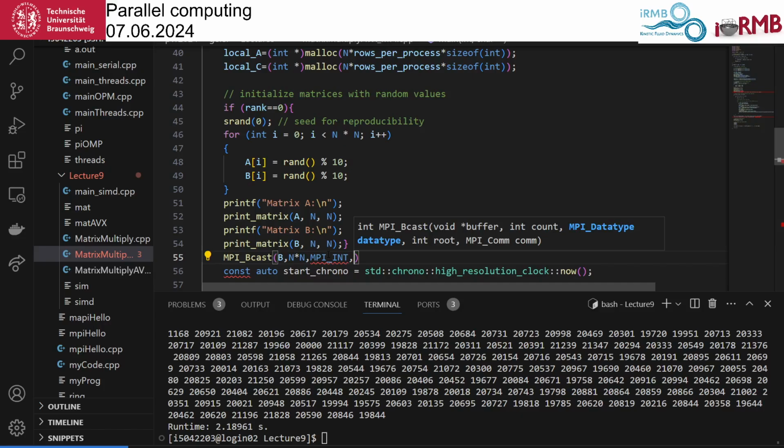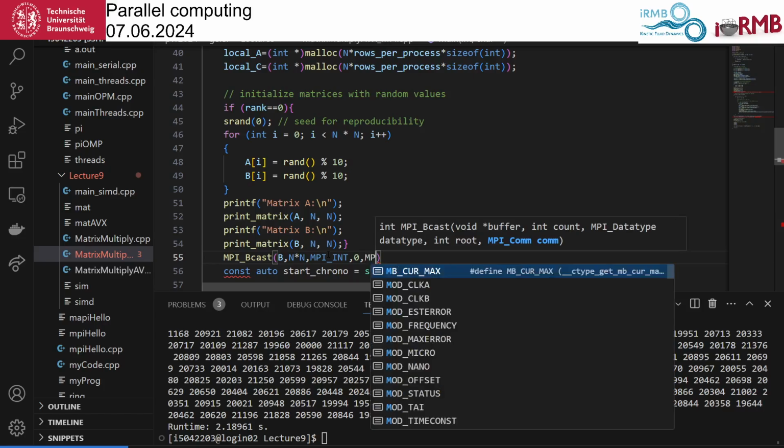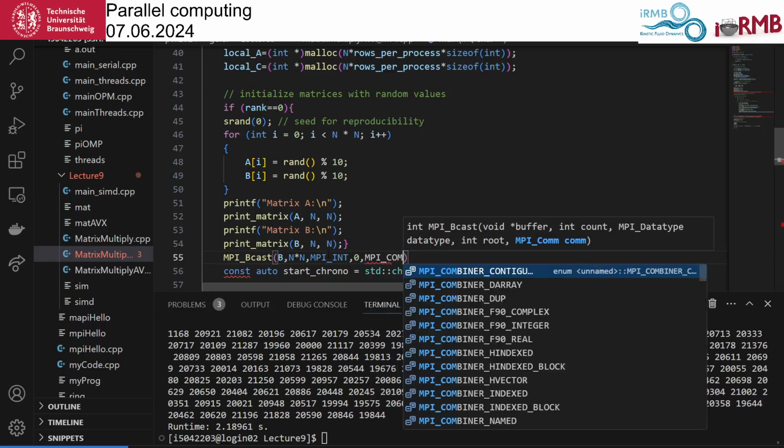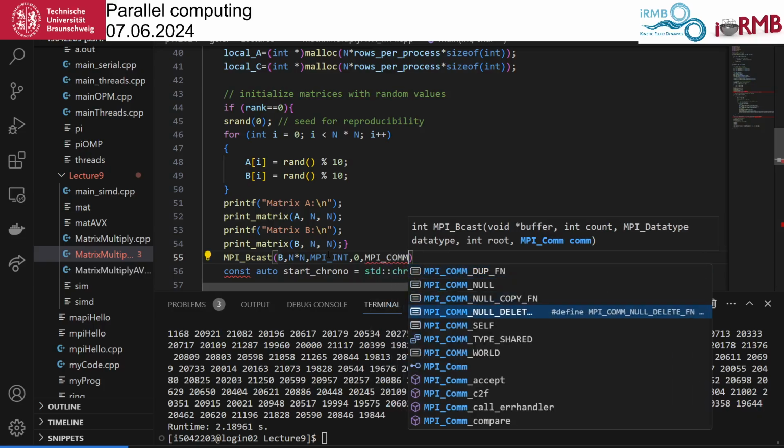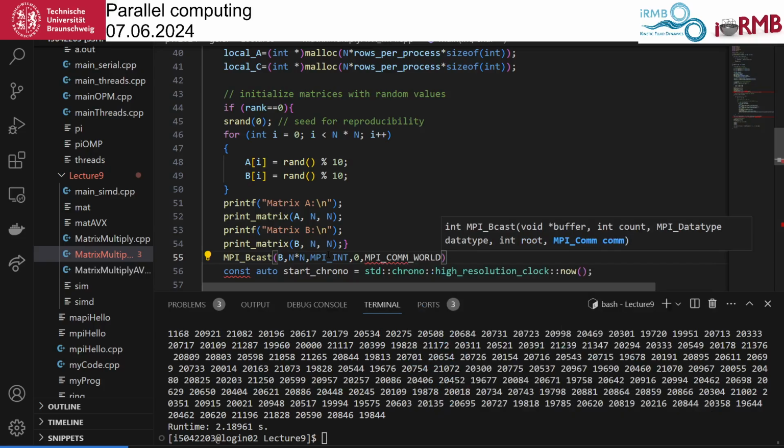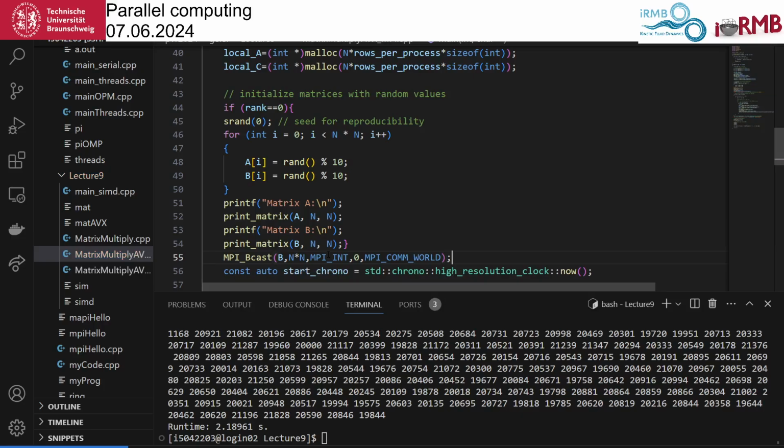So this is the size of type, and now we want to broadcast things from rank 0 to the rest of the world. So here comes the root rank, and then we have to, as always, give the communicator, which again is comm world. And that's it for broadcasting.